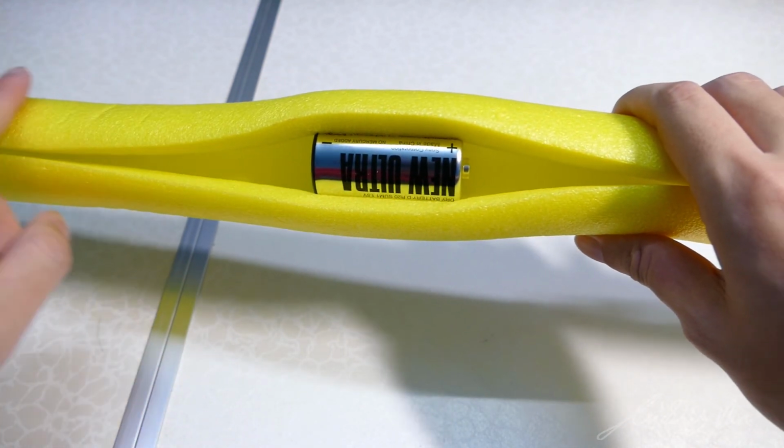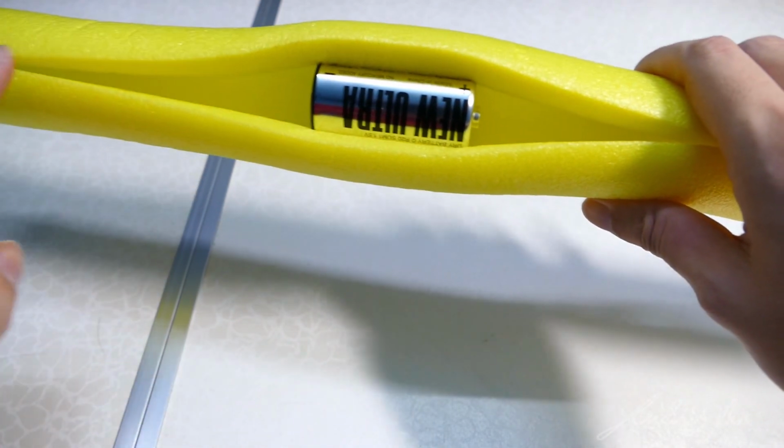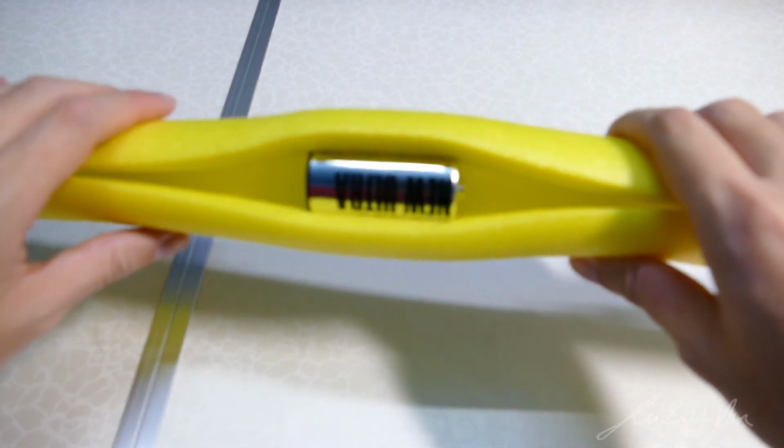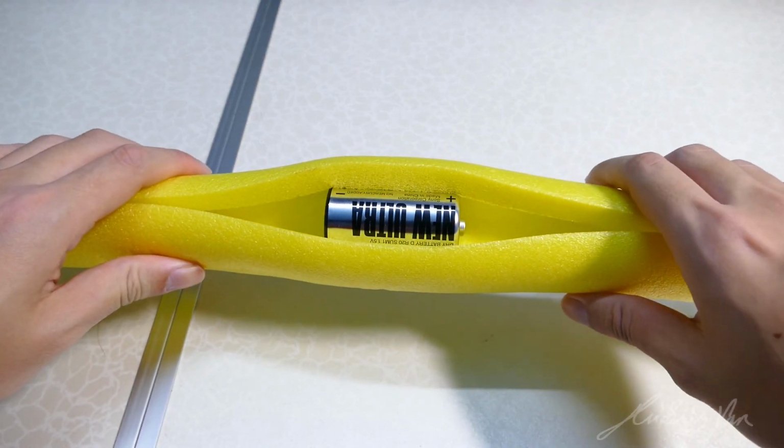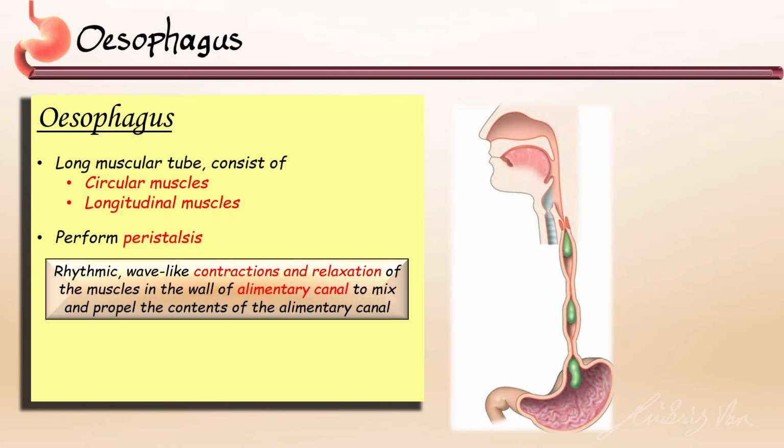The longitudinal muscle, which surrounds the circular muscle, is not being shown in this analogy. And lastly, there's no new digestion that takes place in the esophagus. And of course, any amylase attached onto the starch is still working hard, trying to break down starch